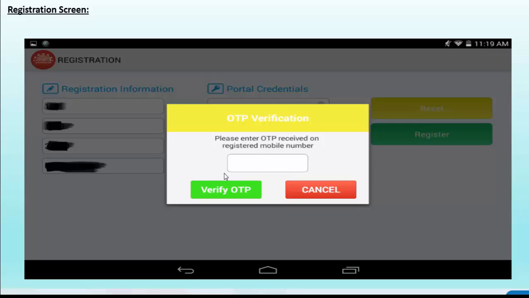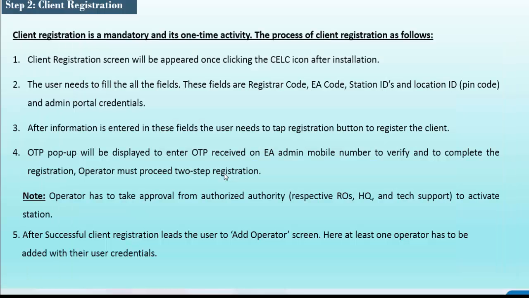Once you click this register button, the fourth step is that an OTP pop-up will be displayed to enter the OTP received on the EA mobile number to verify and complete the registration. Once you click the register button in the registration screen, one OTP will be triggered to the EA admin mobile number. This EA admin will be responsible for your registrar; actually your EA admin will be your enrollment agency.